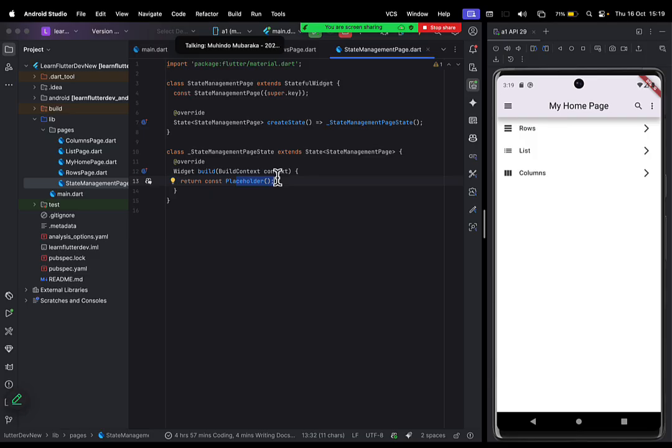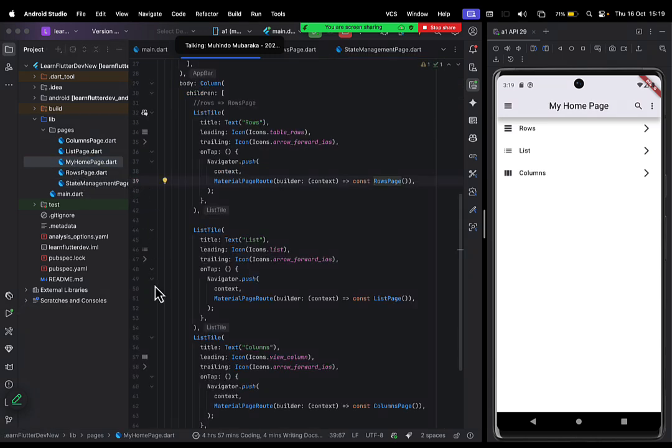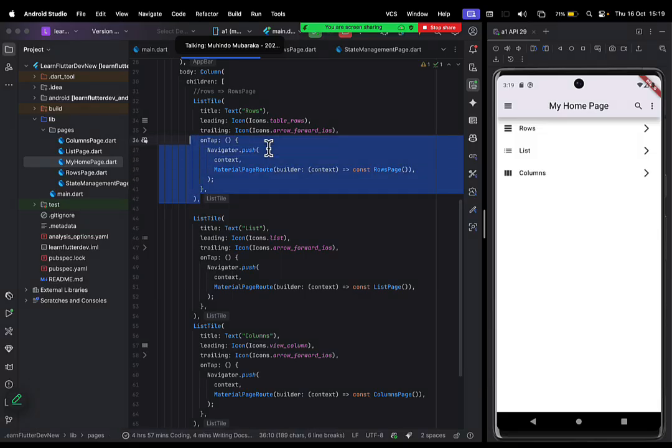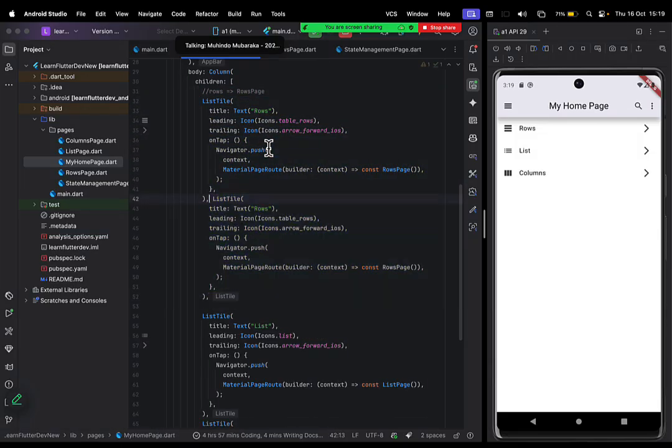I'm going to link this item with our main menu, so you can navigate to it. So what I'll do, I'll just simply copy this state management page, the name of this class, and then I go back to our home page. And then on the home page, I'm going to duplicate this and call it